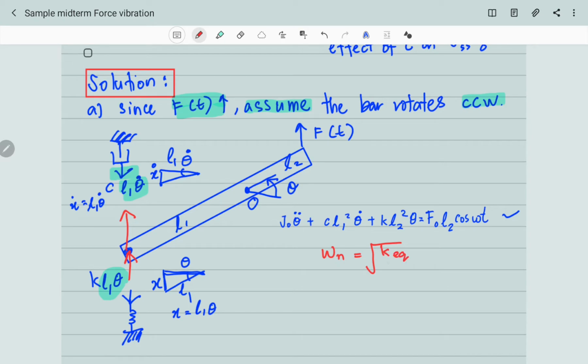Everything should be not the actual k that we have in this question. It's actually k equivalent and J equivalent. In this case, your J equivalent is also your J naught. So you have this expression as your J naught, and this coefficient for your theta is basically your k equivalent. So this is your k equivalent, and this is your J naught. To answer the second question,